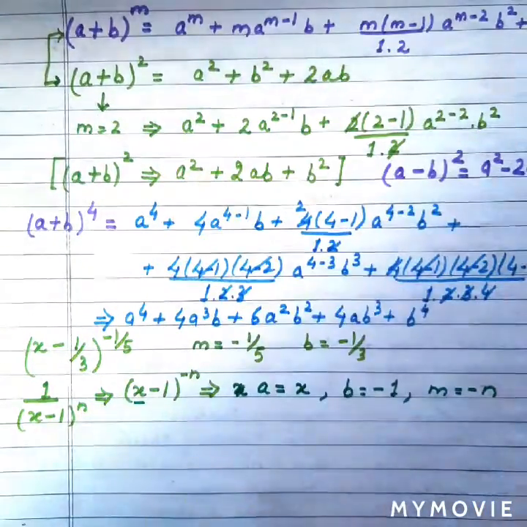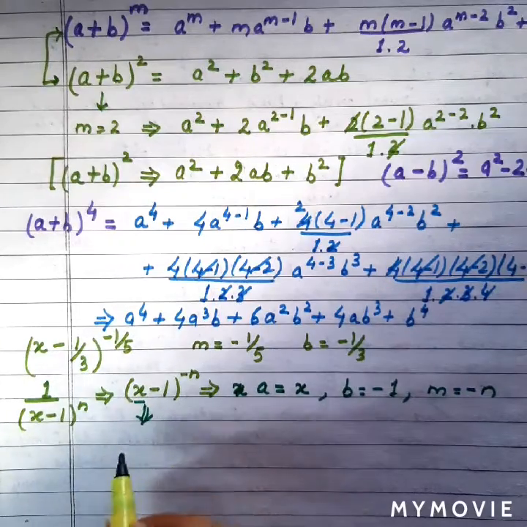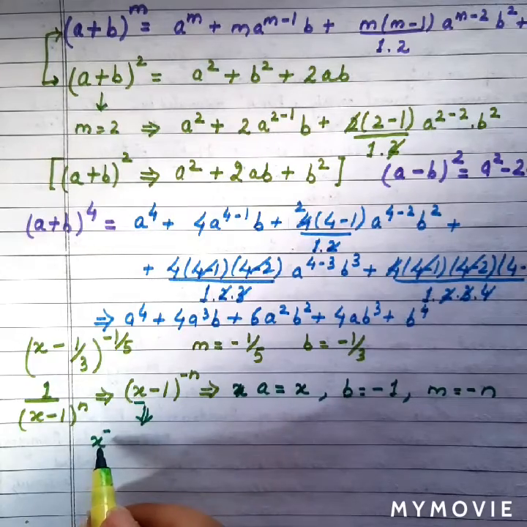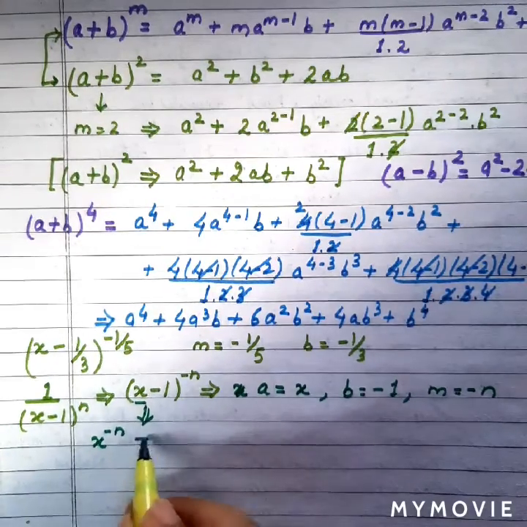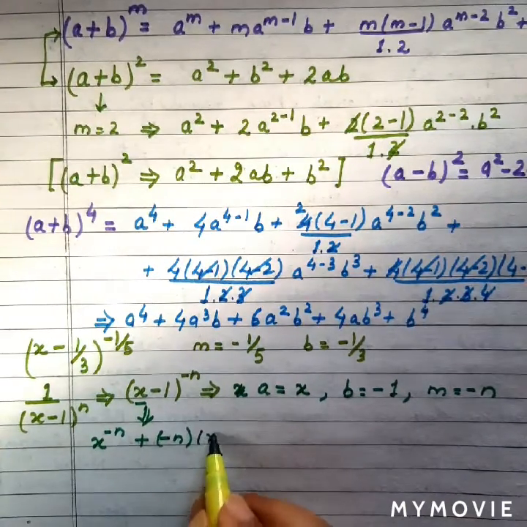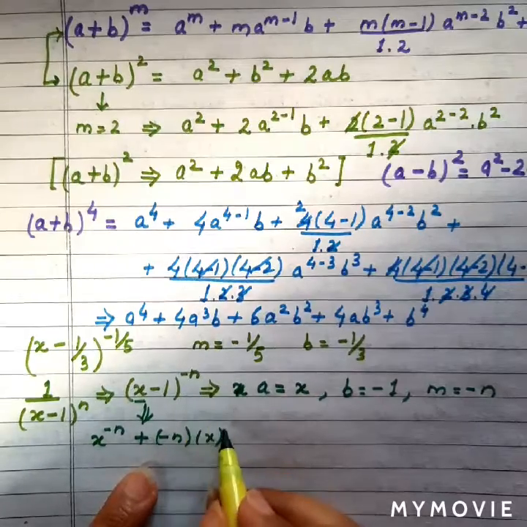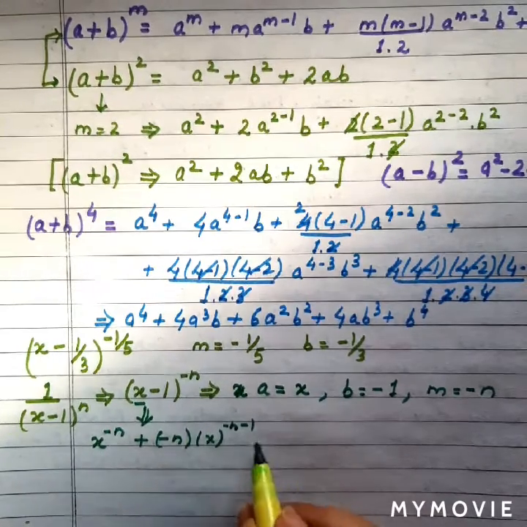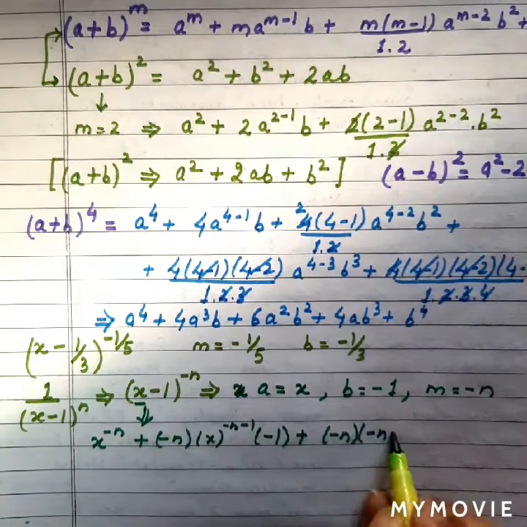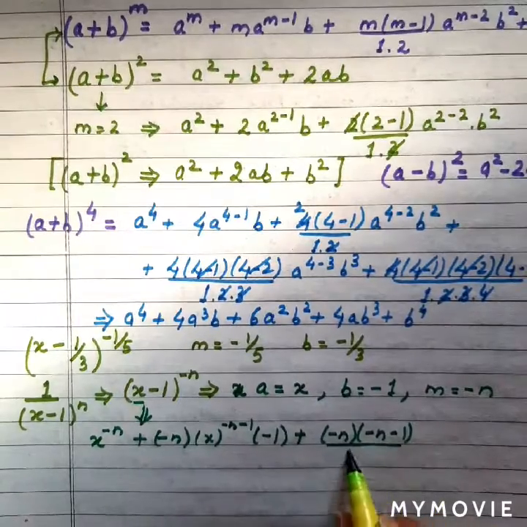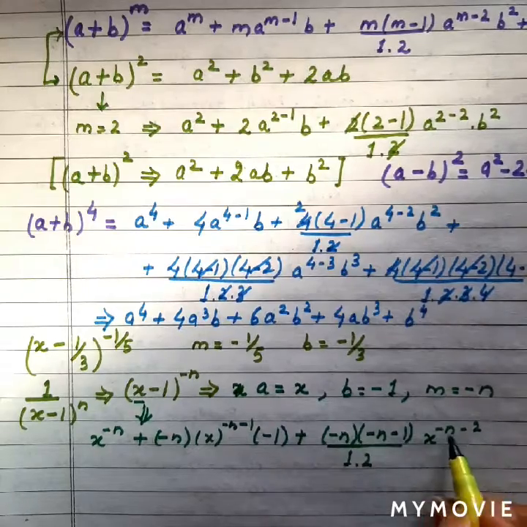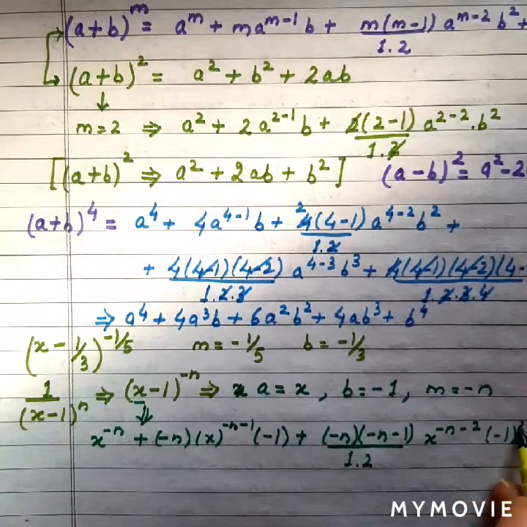Simply we will apply this formula, and what we will get, it will be a raised to power m, which is equal to x raised to power minus n, then m which is equal to minus n, and a which is x raised to power m minus 1, minus n minus 1, then b, right? Then m minus 1